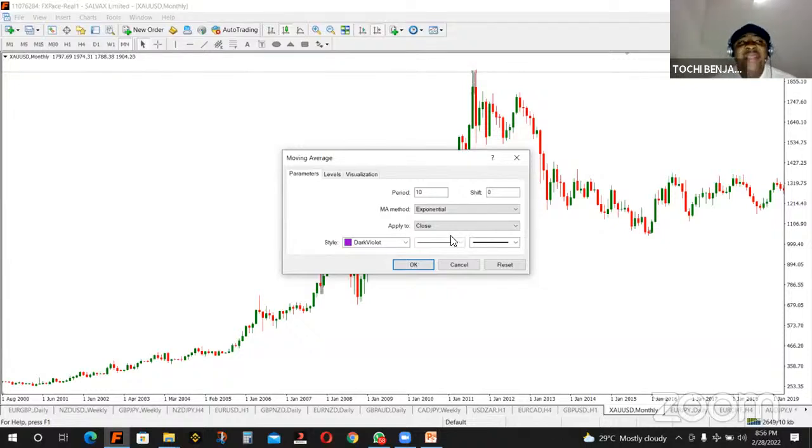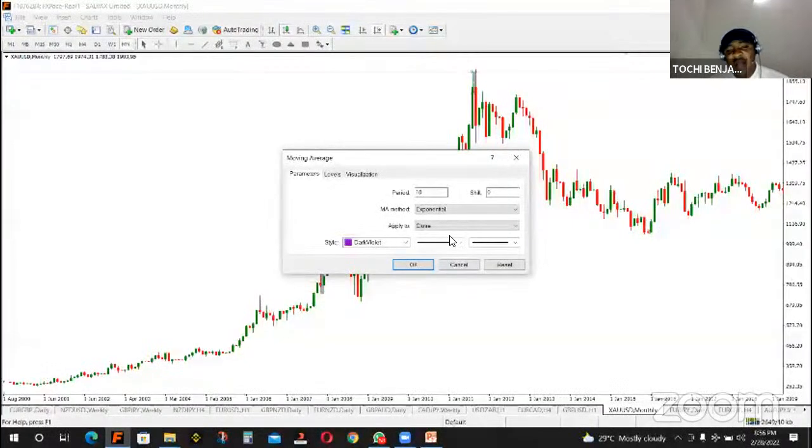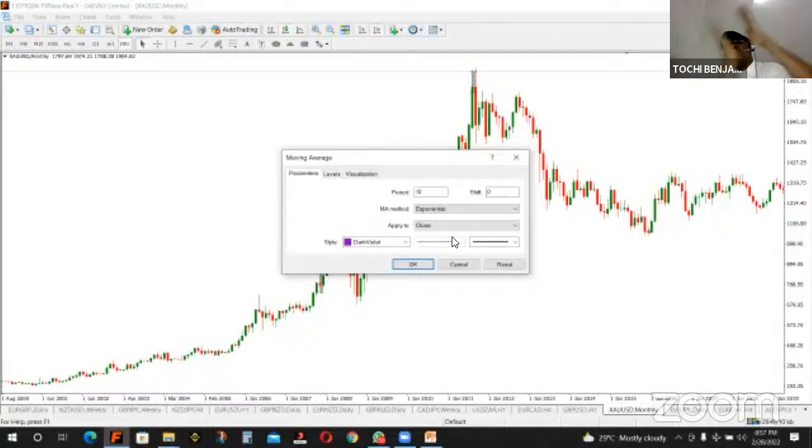If you are a day trader, please listen. You will use 20 and 50 period moving average: 20 exponential and 50 simple. The 20 is your entry. Whenever price comes back to touch your 20 period moving average, it is an avenue for you to buy if the market is on top of the moving average. If it is below the moving average, it's an opportunity for you to sell.